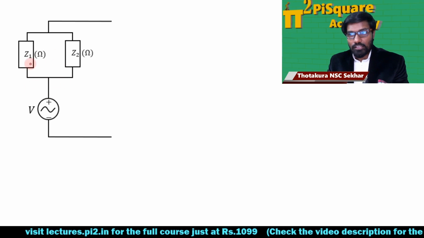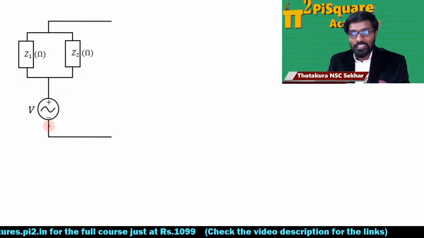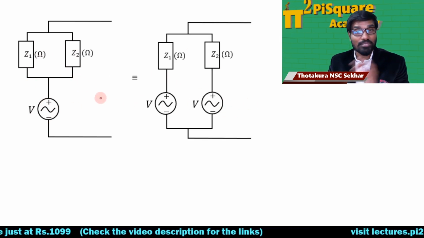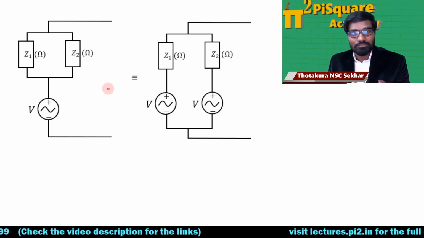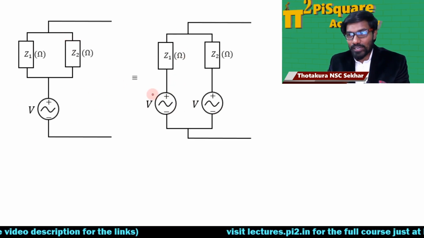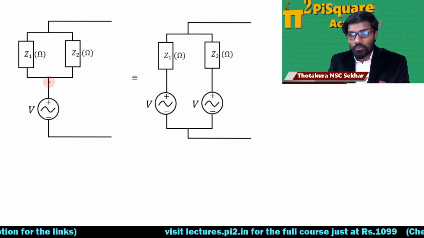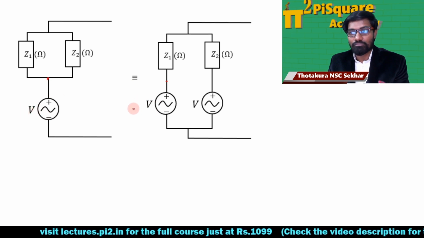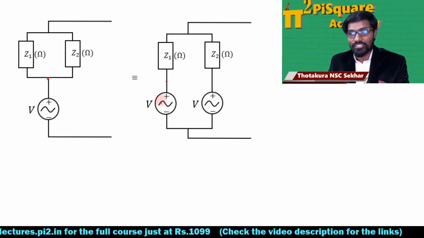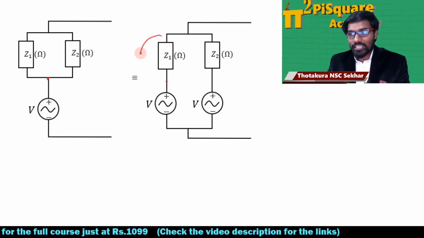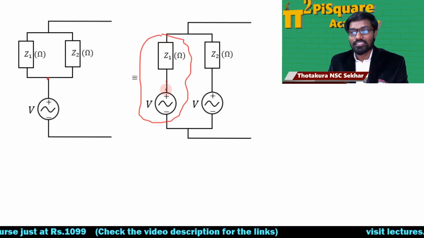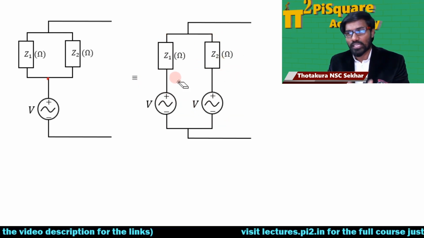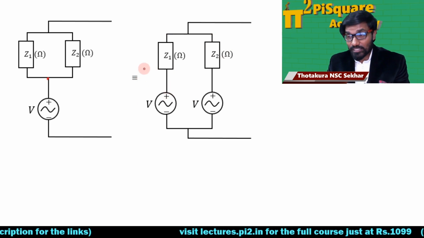So I want to equivalently represent this as this. We can represent it like this. It is also source transformation. So this is equivalent to this. See here, this voltage and the same voltage value. If it is 5 volt, the same 5 volt. We're connecting it in series with this. Now I can transform this as a current source and this as a current source if you want to. If you want to do that, you can always do it. But they are also equivalent.